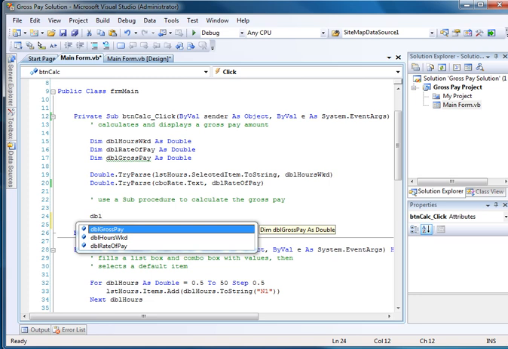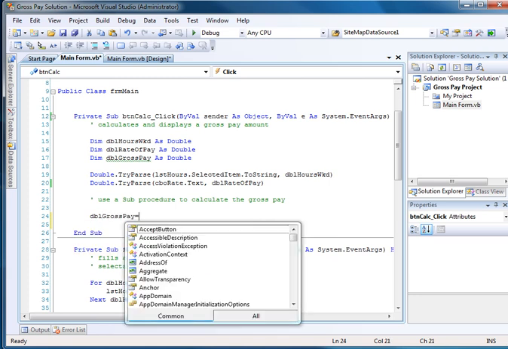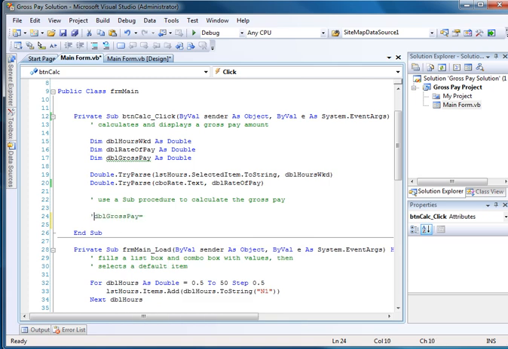We're going to set that equal to... and probably I better make this a comment because I'm going to build something. I'm going to make a function called calc gross pay, and I'm going to send to that function